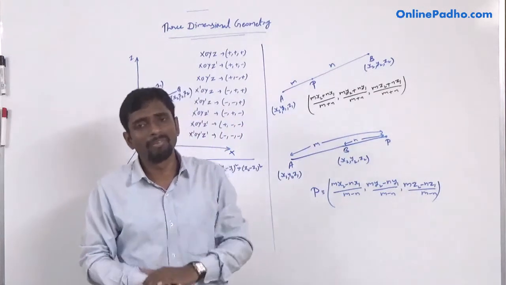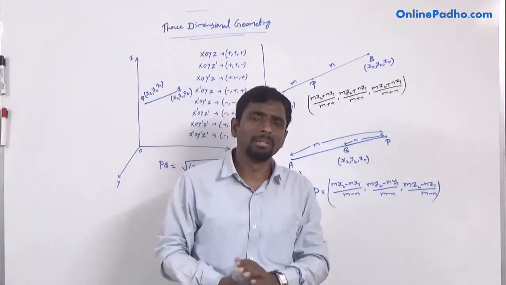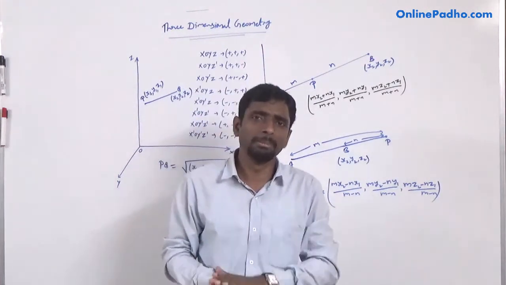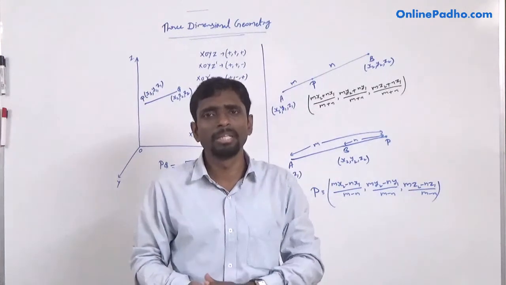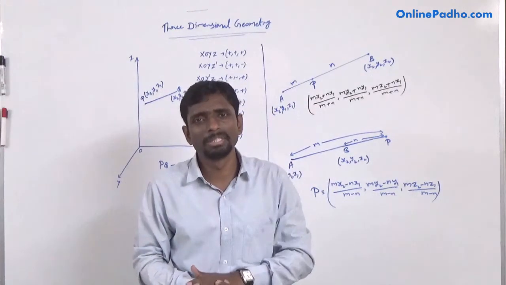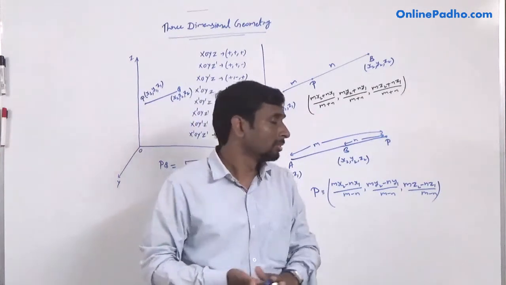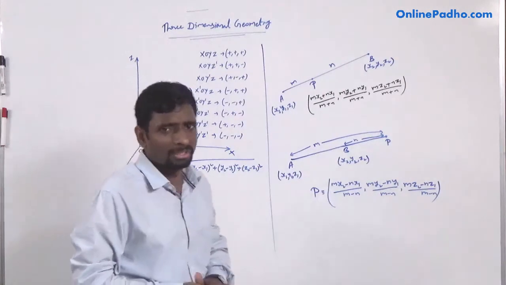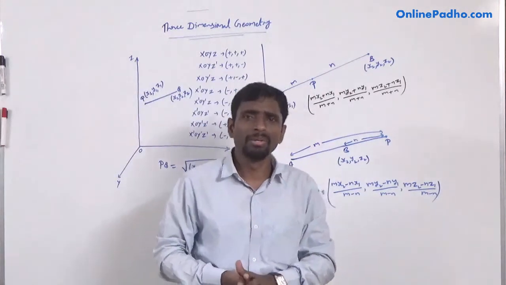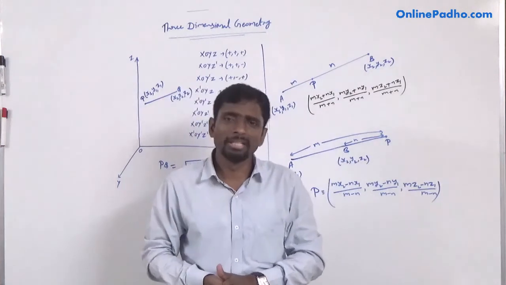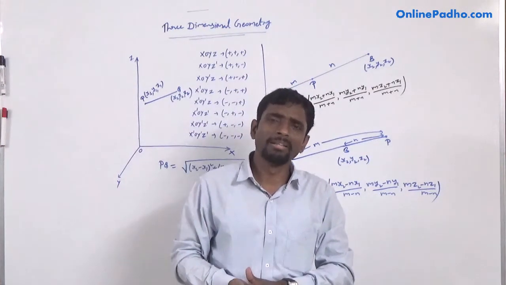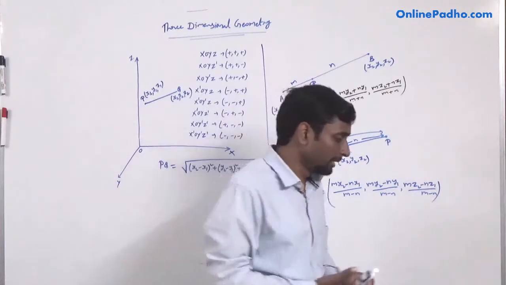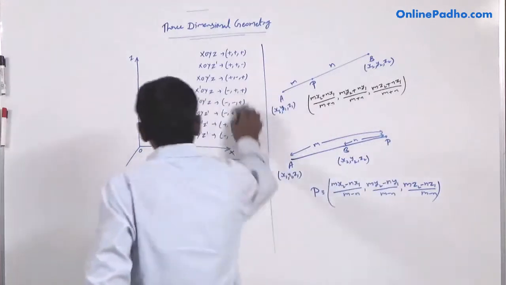Now you can also find the coordinate of the centroid. You know, the coordinate of the centroid in the three-dimensional plane will be (x1 + x2 + x3)/3, (y1 + y2 + y3)/3, and (z1 + z2 + z3)/3, right? So you can solve two different types of questions based on the section formula. First question is to find the ratio if 3 coordinate points are given, and second, if 2 coordinates and the ratio are given, we can find the coordinate of point P, right? So these are the basics from class 11.